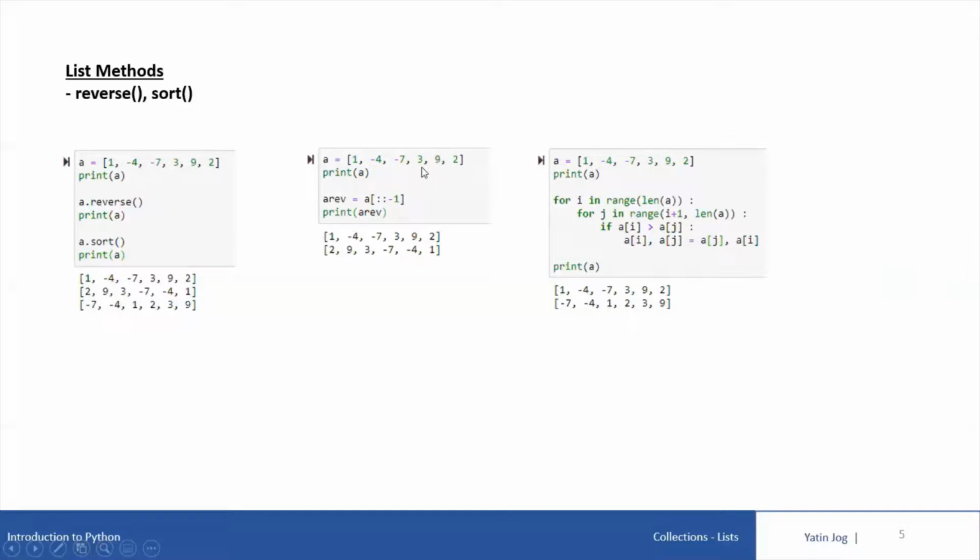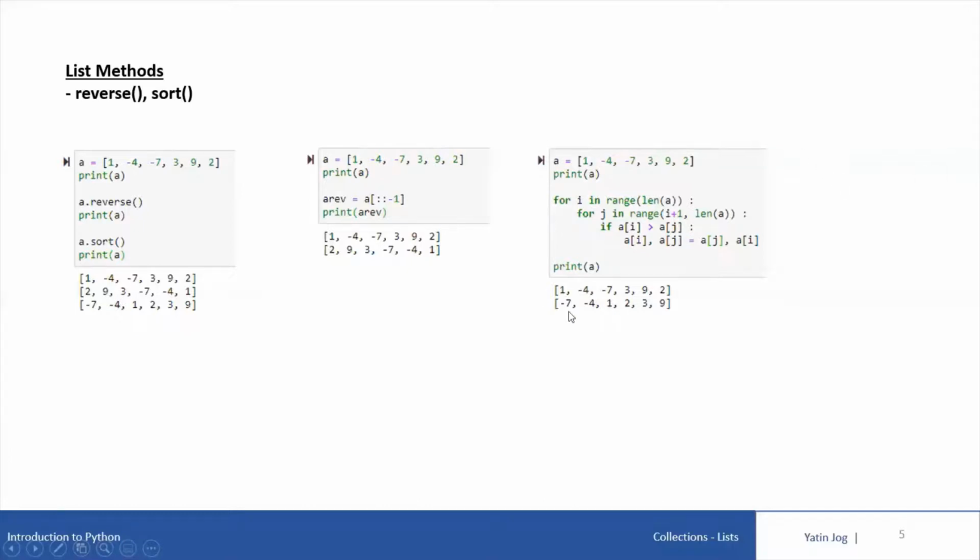That means 2, 9, 3, -7, -4, 1 in this direction. And whatever is that output, I am trying to store in a different variable, A reverse, AREV. And then if I print AREV, it will actually print the reverse of the original list variable. So this is how you can reverse the values of a list variable without using reverse method.